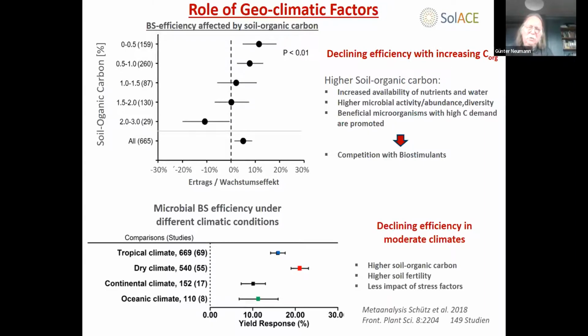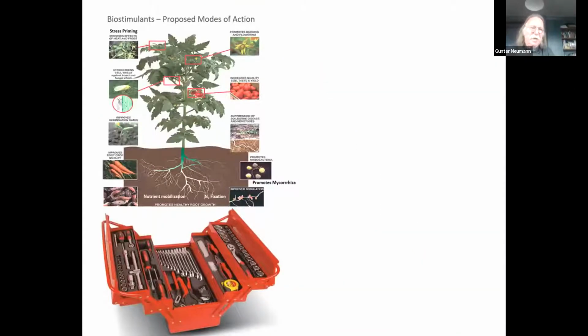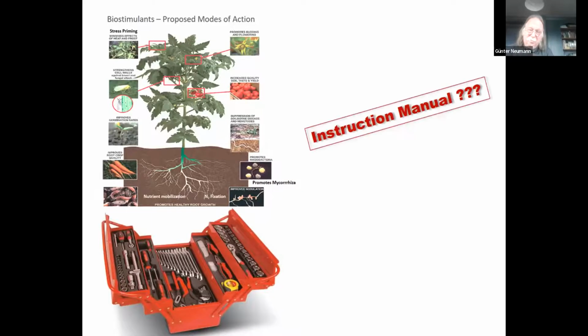In another meta-study conducted by colleagues from Switzerland, looking at literature research, they could also show that the efficiency of microbial biostimulants is usually lower in moderate climates compared to more challenging climates, like tropical or dry climates, which would be, of course, in the direction of what we expected for SolACE. So finally, I would say for these microbial and also non-microbial biostimulants, we have a quite interesting potential toolbox for agricultural applications. But what we learned,